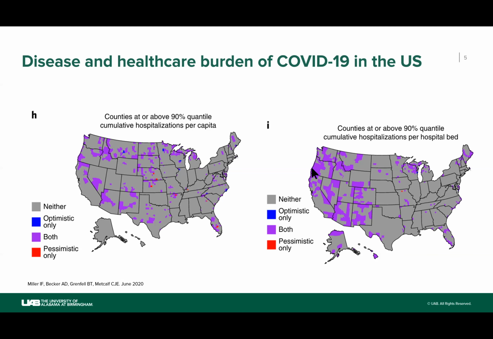And they identified that it didn't matter if the COVID transmission was low, or if the COVID transmission was high, these are the counties that are colored in purple that could end up being overburdened with the COVID hospitalizations. So with these 2 in the background, we try to understand at the county level what the social determinants of health could